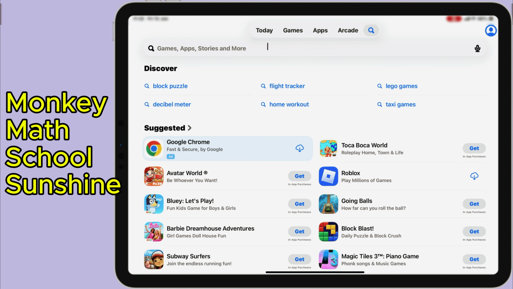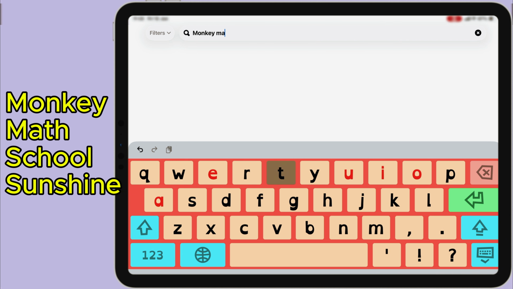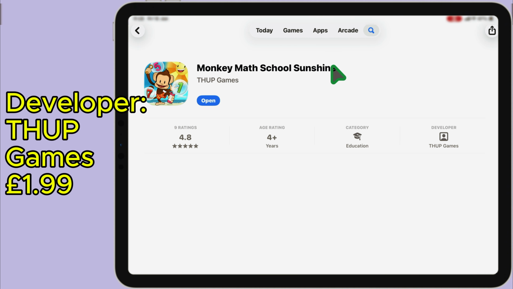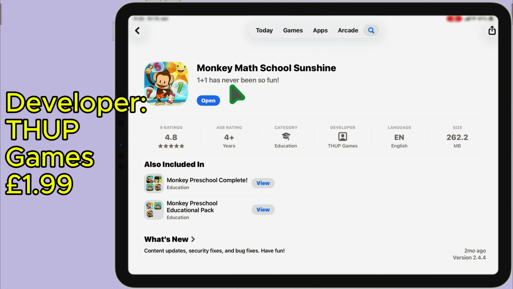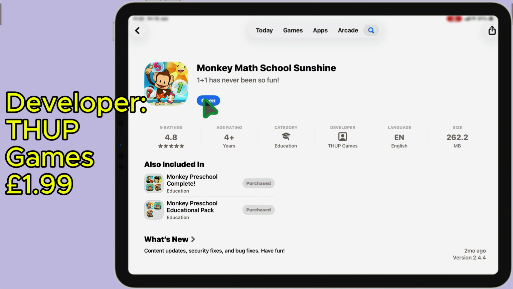First of all, you need to open the App Store and search for Monkey Math School Sunshine. And there it is. When you click on that, you'll see that the developer is Thup Games. If we scroll down a little bit, you can see some screenshots of what the app should look like. The app costs £1.99, and once you've bought it and installed it, open it up and you'll be taken to